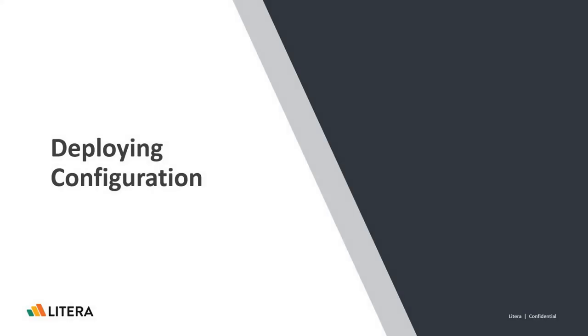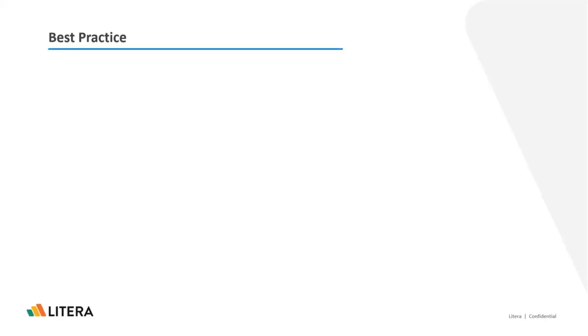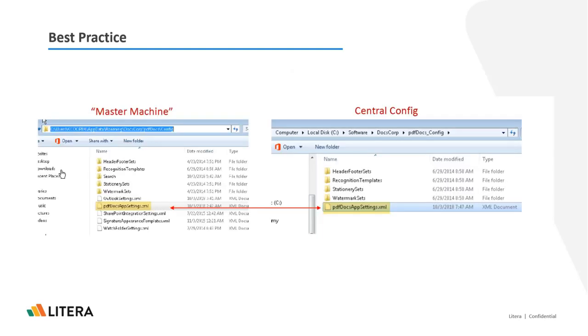So deploying the configuration. Deploying the configuration involves a central configuration path, I've mentioned that a few times, and a master machine. So best practice. The best practice is to install pdfDocs on what I call a master machine. So you have it installed on one machine. You configure everything you can through the user interface under options that we just went over a little while ago. Then you'll copy the files